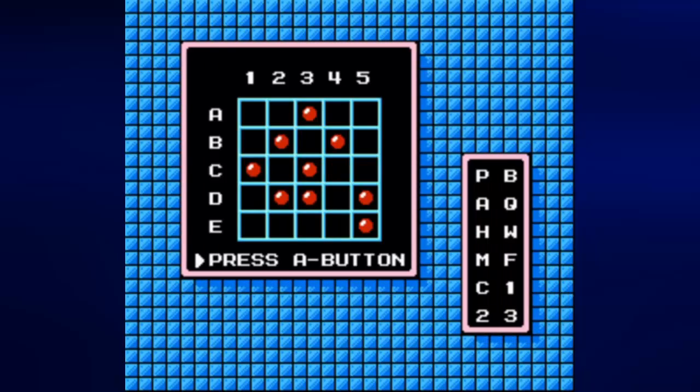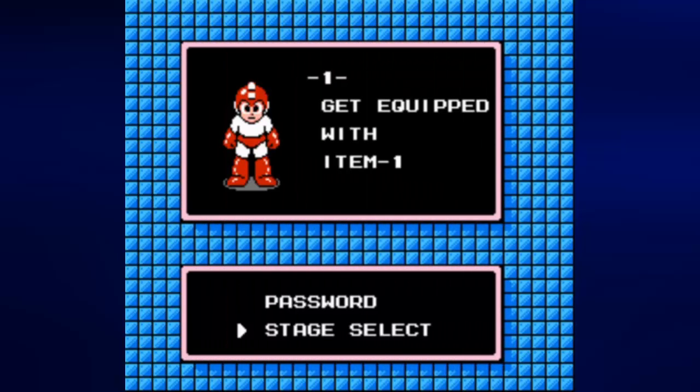I might as well go ahead and go to the password screen for those of you who want a password for basically all the weapons in the game, because, well, some of you do want to start at Dr. Wily, and I don't blame you. Alright, you had more than enough time to pause. Let's go to the stage select screen,